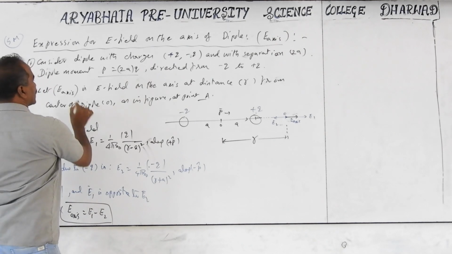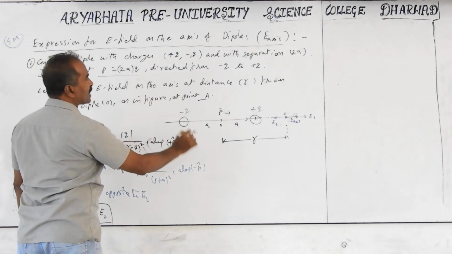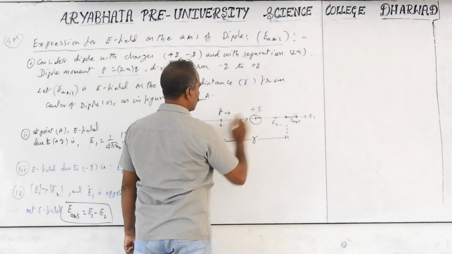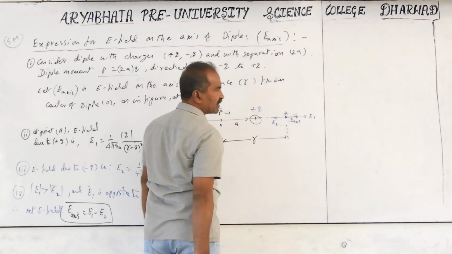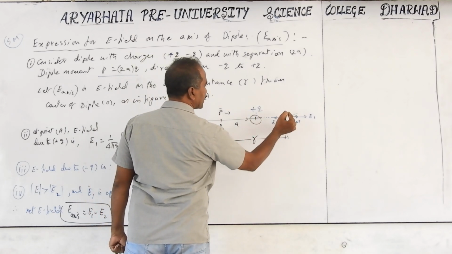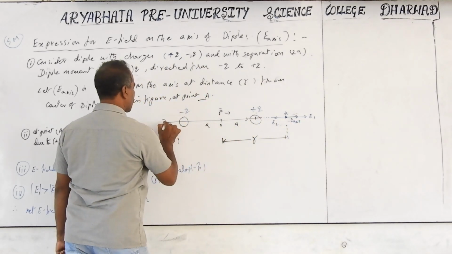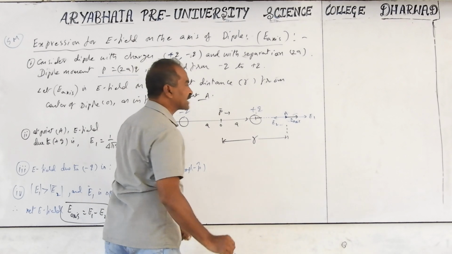Let E axis be the electric field or electric intensity we can call on the axis at a distance r. At this point, not O, please, O we are already taking here, so better take this point as A. Any other symbol you can take, but the same symbol we mention later. At point A, we consider the field is E axis, this is the axial line. So this is nothing but the axis of the dipole. Axial dipole is also called the axial line.